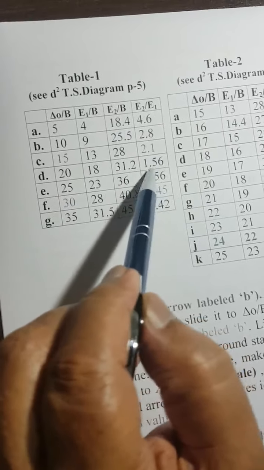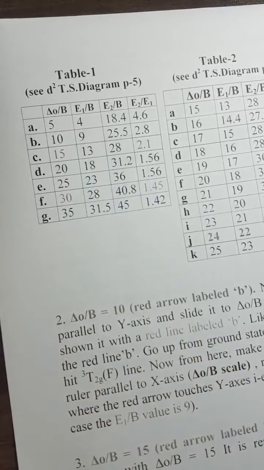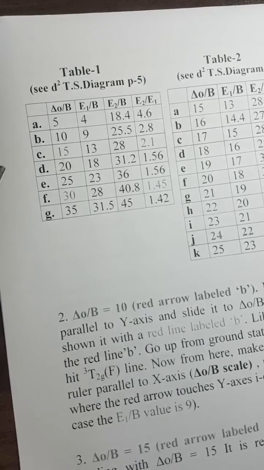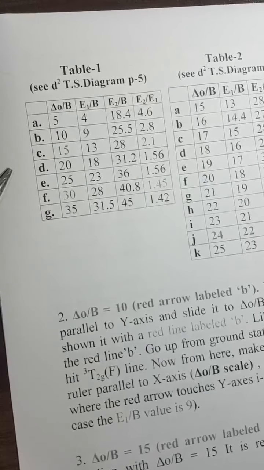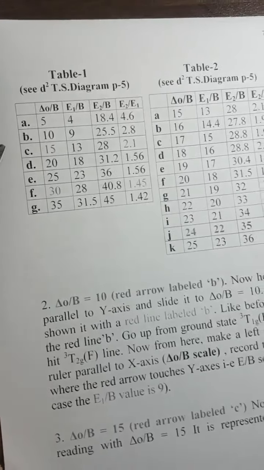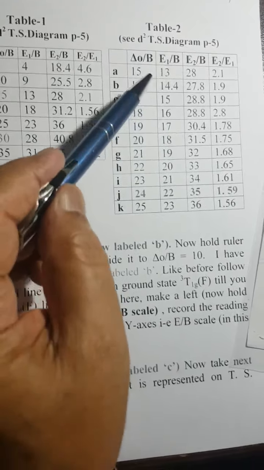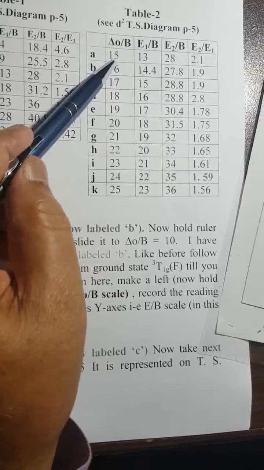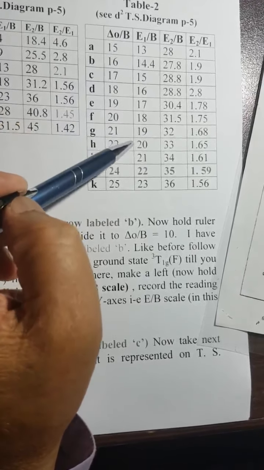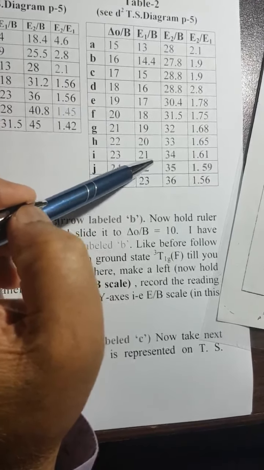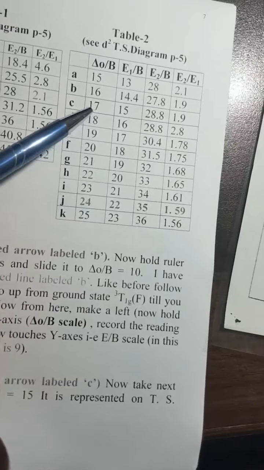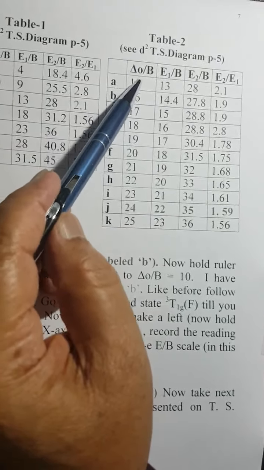You come to 1.56, which is the experimental value. So it is better now that we do small increments and find out the exact value. So we take 15